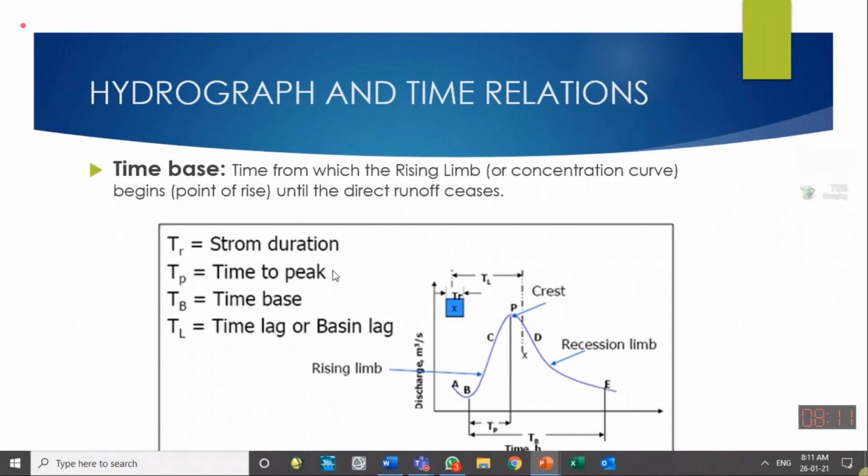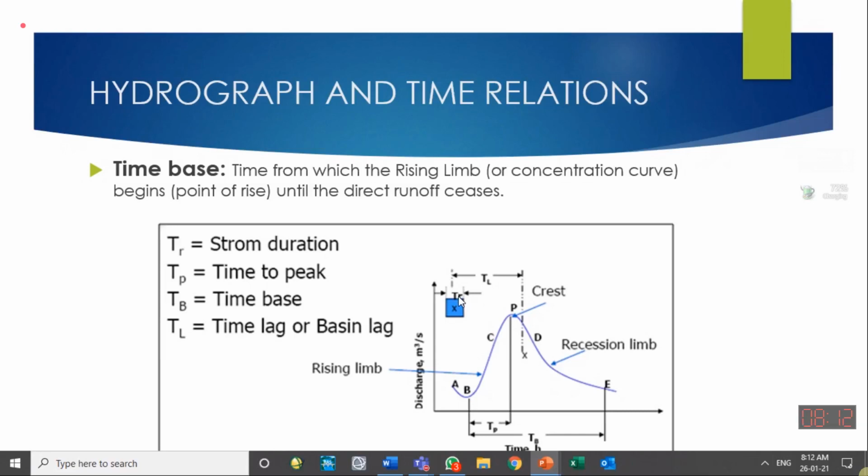Storm means rainfall. We will say storm for rainfall when it is more than this. Normally over here we say storm is equivalent to tufan, and tufan is not a normal rainfall. But in hydrology, a storm and a rainfall are the same thing. For flood estimation, the rainfall which we are using, we say this is a storm. The storm has a duration. It may occur for a different time period. So let us say the total duration of the storm is TR.